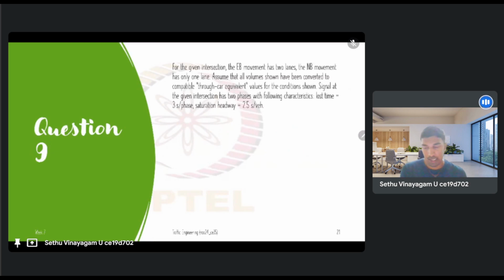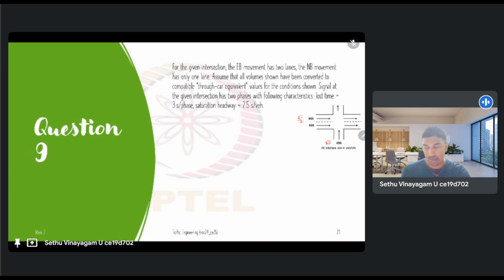Okay, question number 9. The given intersection is shown on this figure. So the eastbound movement has two lanes. Okay, so here we have eastbound. So this is our eastbound. This is here northbound. Okay, there are only two movements. The eastbound movement has two lanes. The northbound movement has only one lane. Assume that all volumes shown have been converted to the compatible through passenger car equivalent, right? So the TPC values,